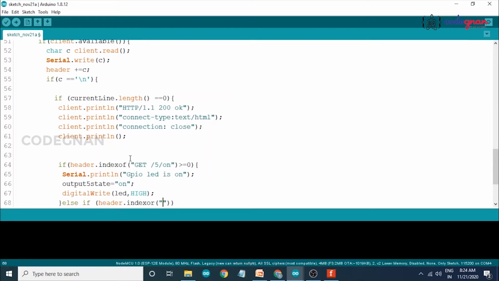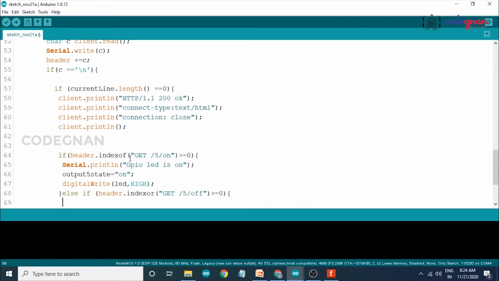Now we have to write our off condition also. So our value sending is less than or equals to 0.